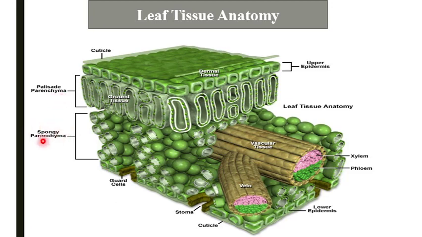comprises of palisade parenchyma. You can see here, consists chiefly the elongated columnar parenchyma cells that contain 3 to 5 times the number of chloroplasts as the cells that comprise the lower layer, known as spongy parenchyma. The cells of the spongy parenchyma are irregular shaped, allowing gases to circulate through the numerous air spaces between them to palisade parenchyma.